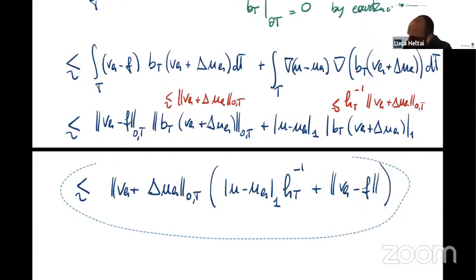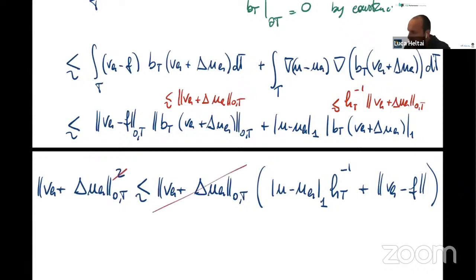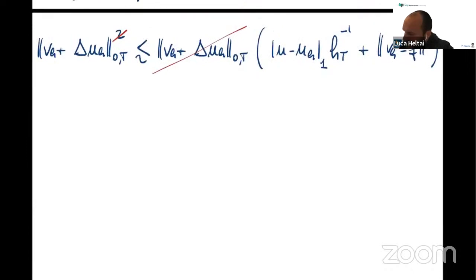And of course, if I read what's written on the left of this inequality, I have exactly this guy square. Okay, so this guy square is smaller or equal than itself times something, which tells me that at least the